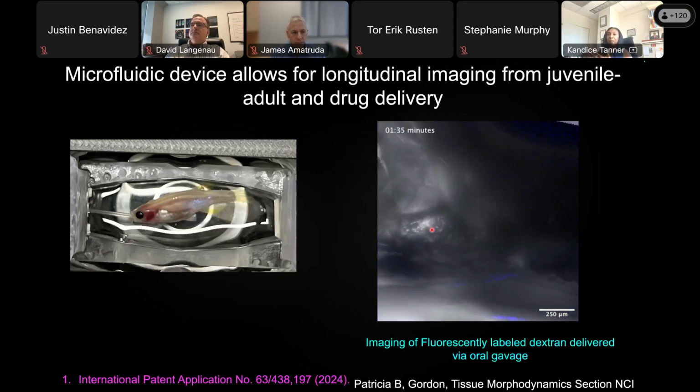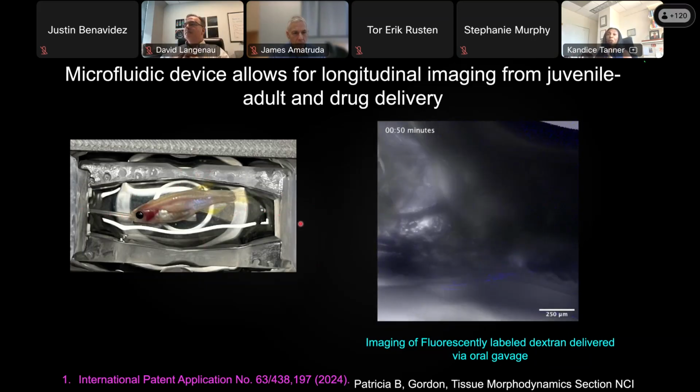So for us to bring that level of single cell imaging that is beautifully done in the larval fish that we and others have shown, the ability to immobilize the fish safely and do longitudinal imaging over several days required a few tricks. So on your left, what we've developed here in the intramural program is that we place these fish in 3D bioprinted materials. This is a tube that can be used to offer drugs such as oral gavage, shown on your right. But more importantly, what you're not seeing is these external